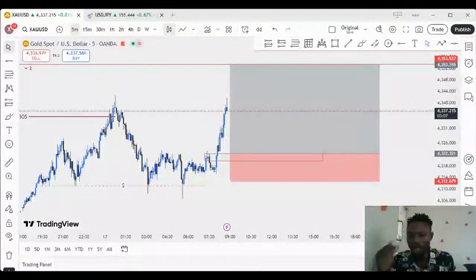So we must understand that price action is the foundation of forex trading. And what do you need to understand in price action? You need to understand candlestick formation, market structure, and the trend. When you understand market structure, you understand the trend. After the trend, you go and learn reversal candlestick patterns and